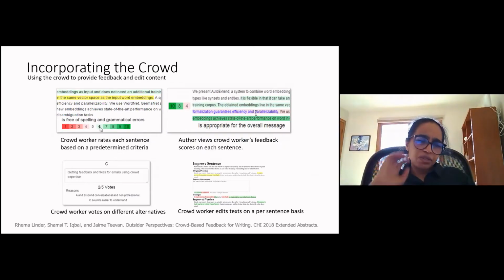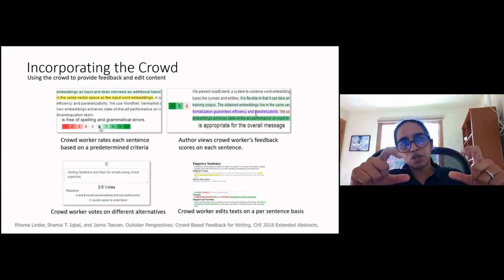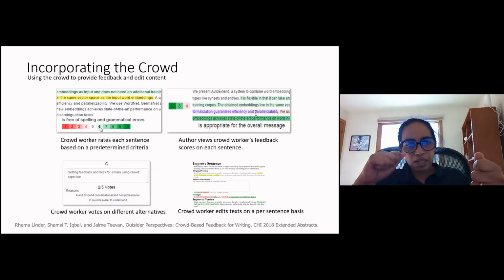The next topic looked at how we could incorporate the crowd. This is where you could take parts of a document, and this is more from the copy editing point of view. You could take parts of a document and ask people to quickly rate whether the snippet of text has spelling or grammatical errors, and whether or not they felt a certain text read well, and people could give it a thumbs up or thumbs down.